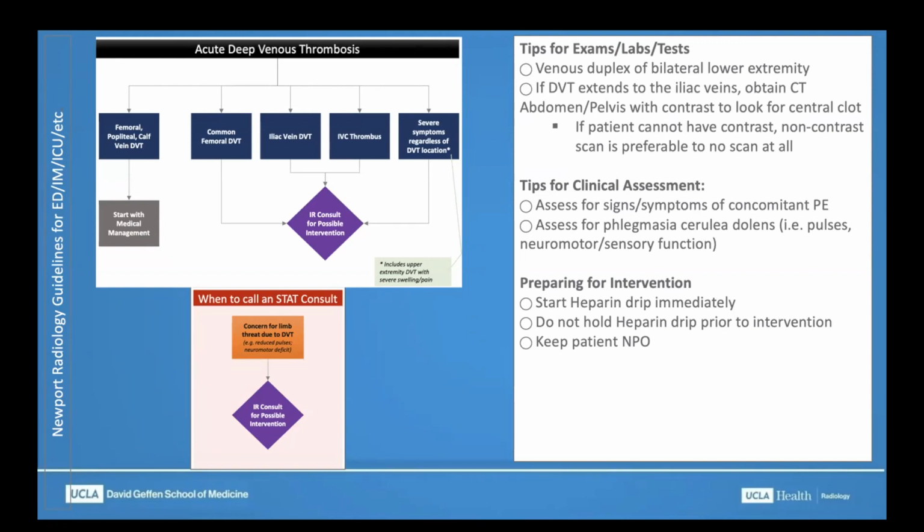When do you do this procedure? You can typically stage it. You could do it the next day. If they're on a heparin drip, you can kind of do them during the daylight hours. It's only an emergency and needs to be done immediately